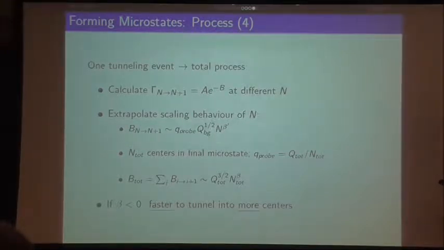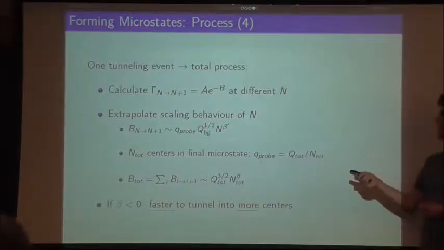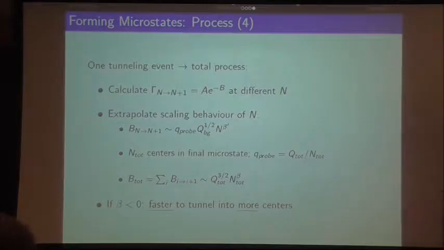And this scaling behavior will look something like this. The exponent here, the tunneling exponent, will always be linearly proportional to the probe charge. It will also be proportional to the background charge. This is not so important. This kind of follows from dimensional analysis. But it will also be proportional to a non-trivial factor of n. And it's exactly this factor of n which will give us something interesting. This is only the intermediate process.